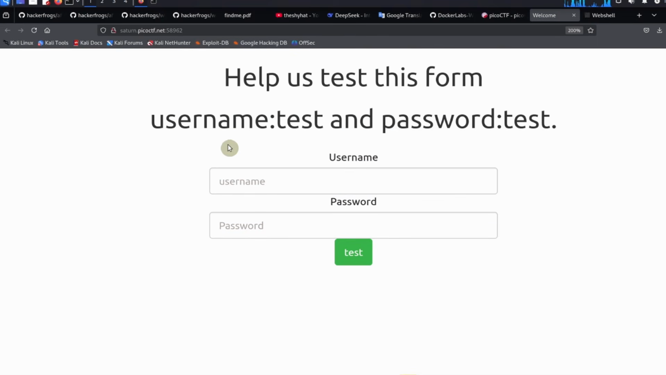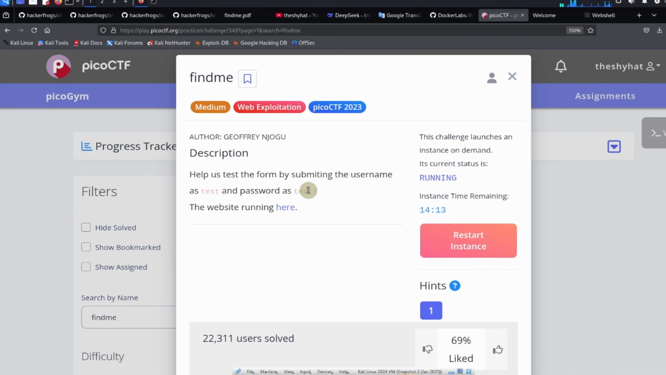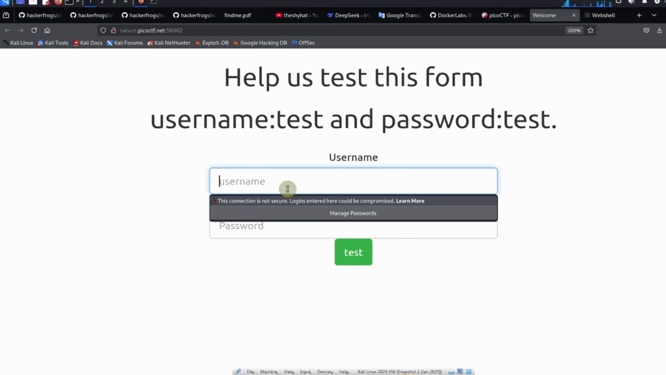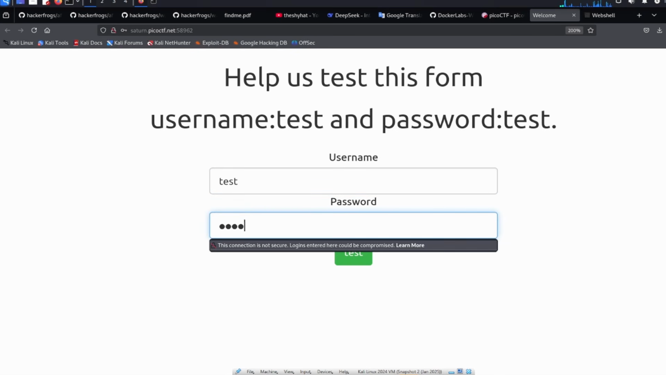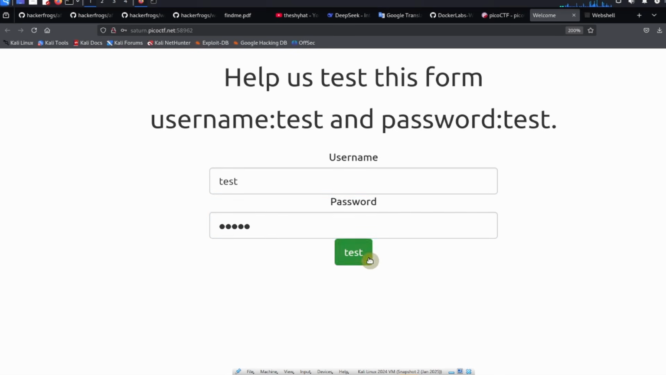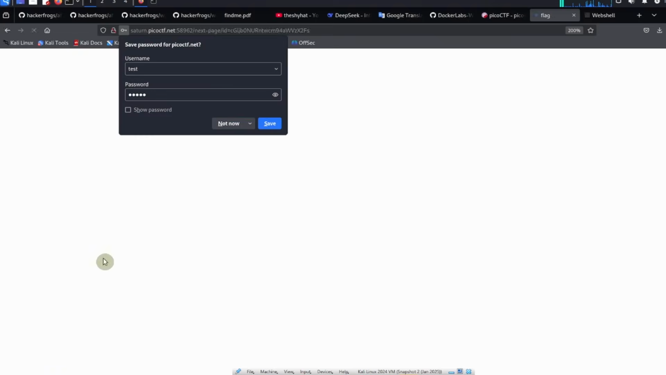So it says, help us test this form, username test and password test. So this is a bit of a rabbit hole. Because it says username test, password test, period. But the challenge says that we need to use test! as the password. So we got to be careful here. So username test, password test!. When we click on confirm over here,